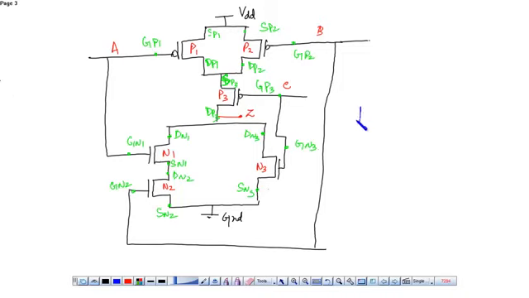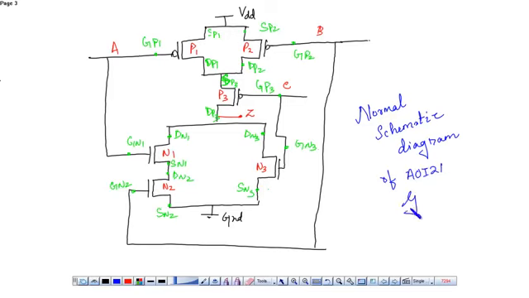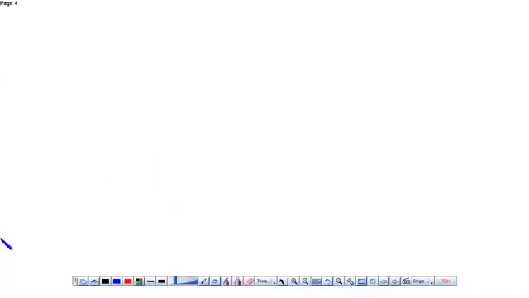So this is the normal schematic diagram of AOI 21 gate. Now if we try to represent this in the twisted form, if you want to represent this in the twisted form,